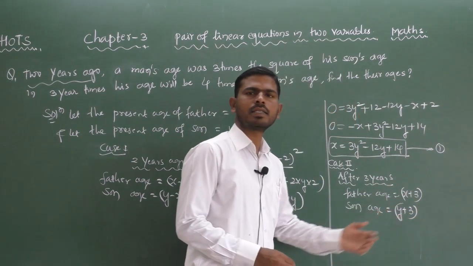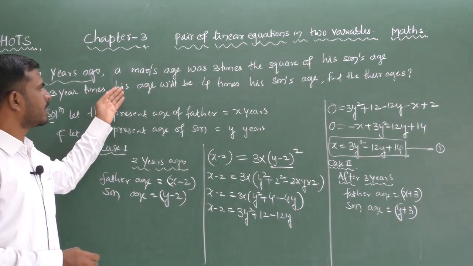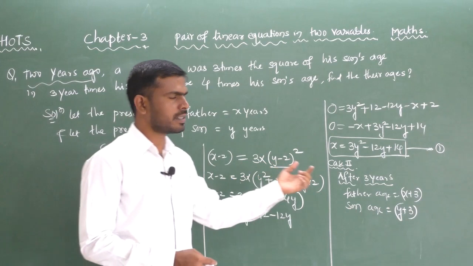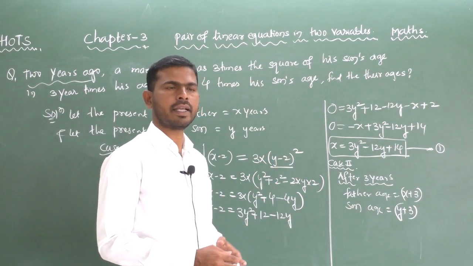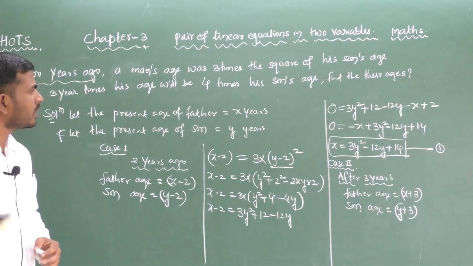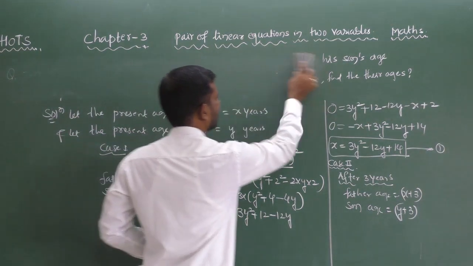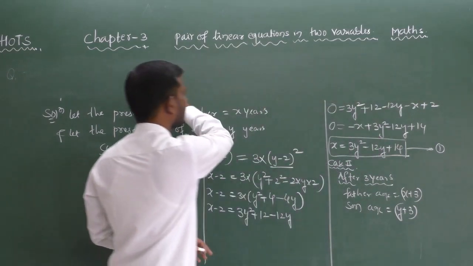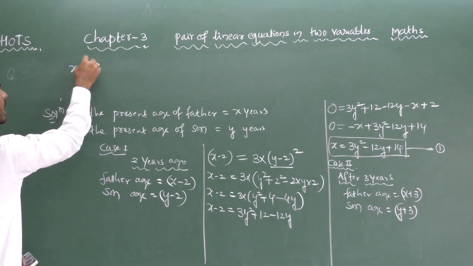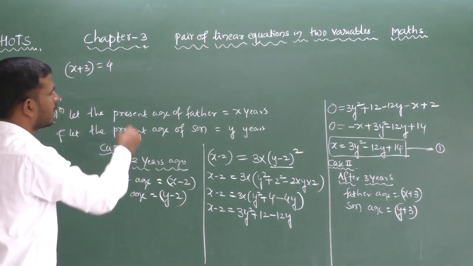This is x plus 3, this is y plus 3. According to the condition, 3 years later the father's age will be 4 times his son's age. So father's age becoming 4 times his son's age means, so I will write here, next one: father's age becomes x plus 3,